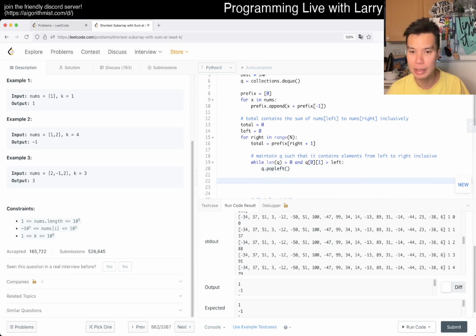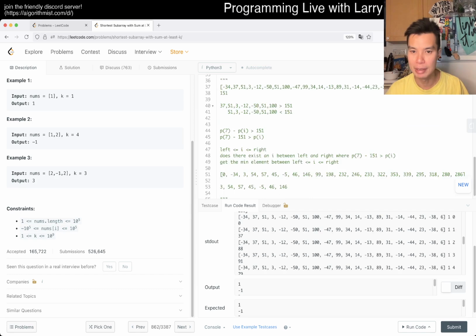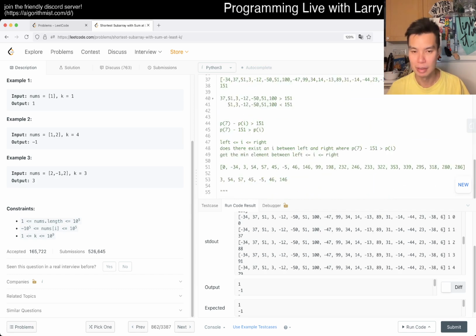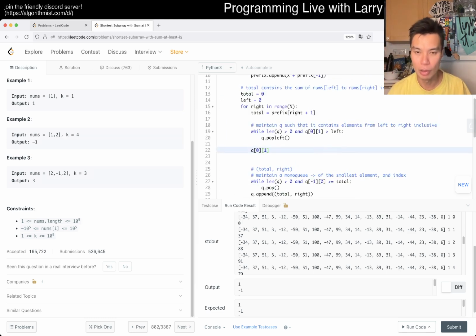And then now q of 0 of 1 is going to be the min element. No, it's going to be the min index, sorry. So if this min index,